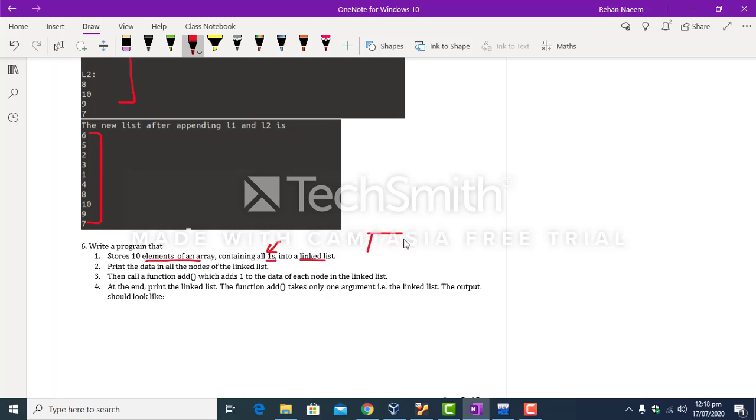So the linked list should be created with 10 nodes, 1 2 3 4 up to 10, and all the nodes should contain 1 in the data field. So first create a 10 element array, and then after creating that you have to create 10 nodes of linked list.